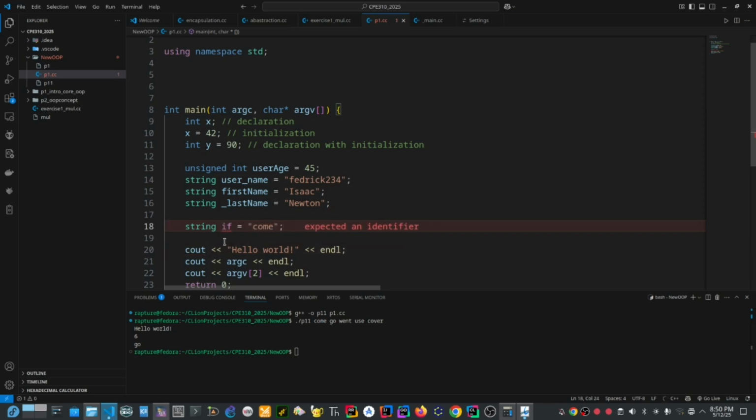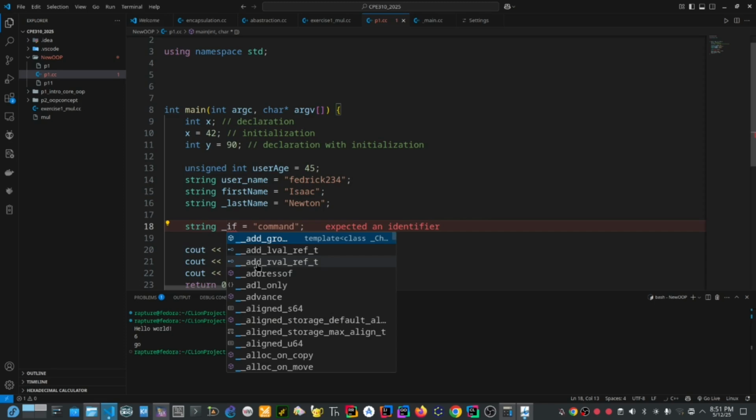You see some error here. These are especially identifiers, but you see if, these are commands, keywords used by the compiler itself. But if you still want to use that if as a variable name, you can simply add an underscore in front of it.